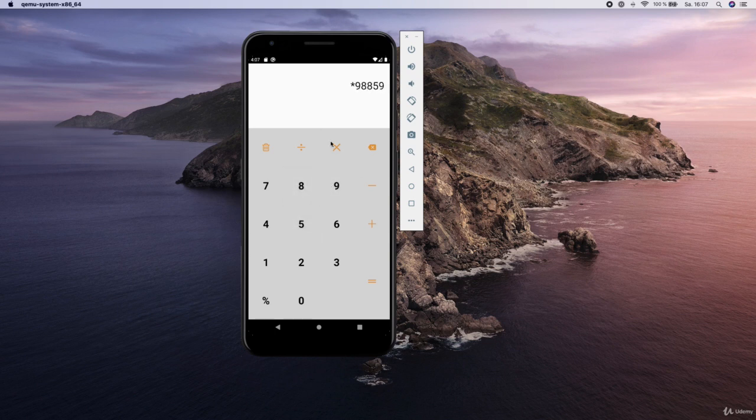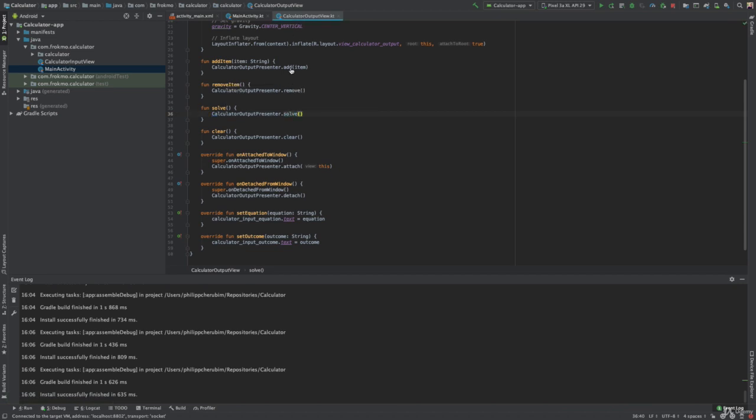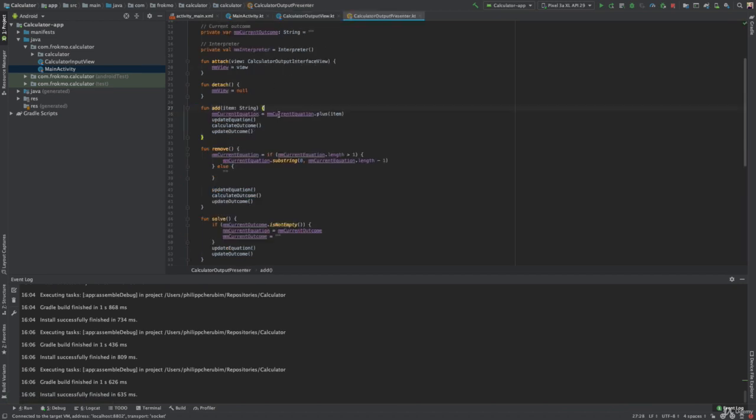So, okay. This makes no sense right now. So we can add an operator or multiple operators. This is what you can maybe improve. You can check here in the presenter, add an item. You can check, okay, if the current equation already has an operator character, you can just say, okay, do not add it. If it has no character operator, you can add it. You can just, yeah, improve